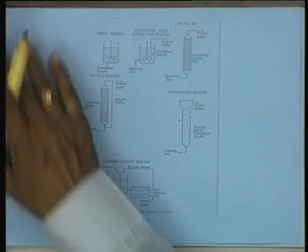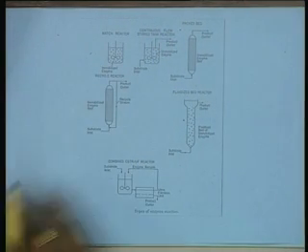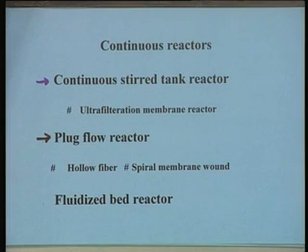Of course, achieving a perfect plug flow condition may not be feasible in large scale reactors, while in the case of small scale reactors, by increasing the length to diameter ratio, one can achieve a much better plug flow behavior. But in the case of large reactors, there are a lot of deviations from plug flow behavior, which can be accounted for when we consider the reactor performance.